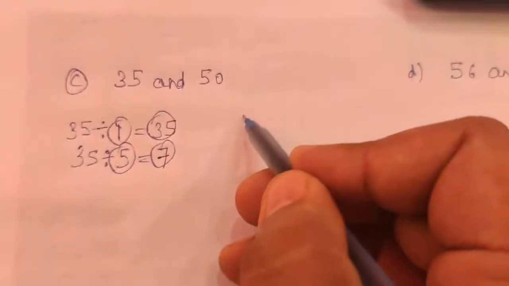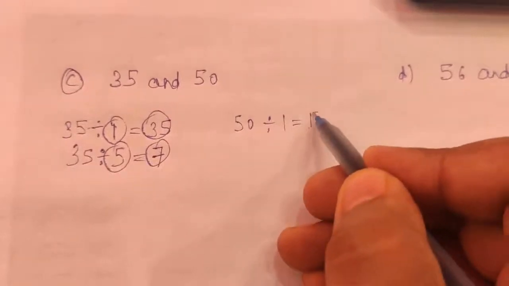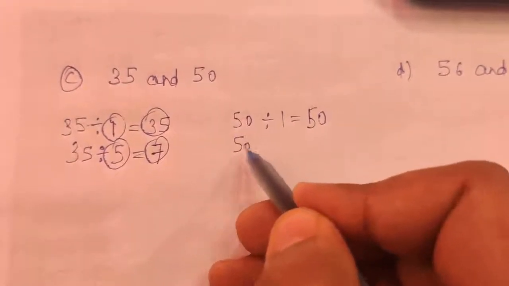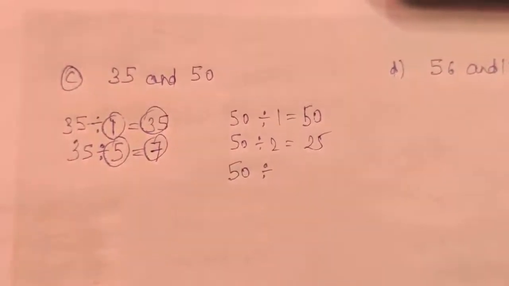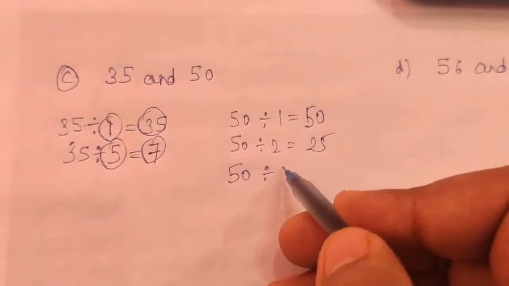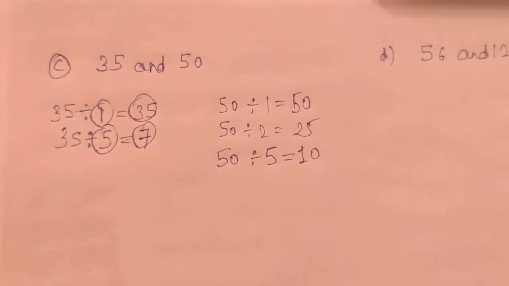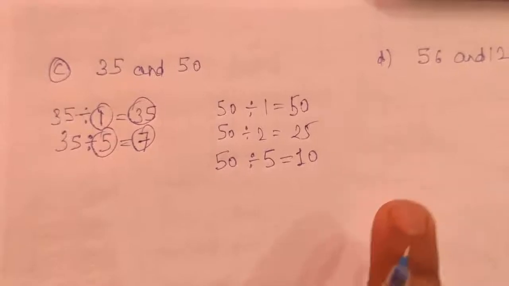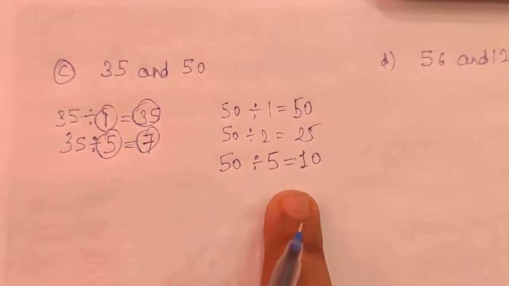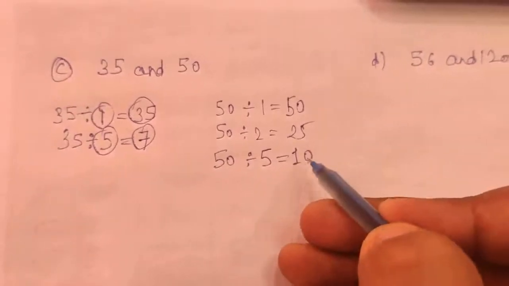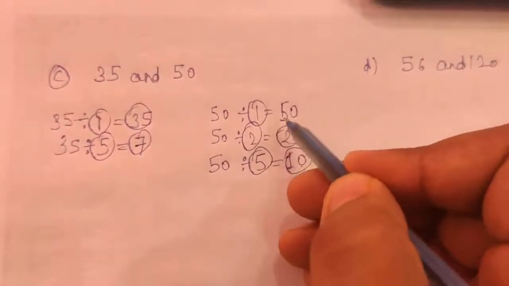Now we will find the factors of 50. First of all, divided by 1, then answer is 50. Then 50 is divisible by 2, then we get 25. Then 50 divisible by 3, it is not possible. By 4, it is not possible. So we will divide it by 5. Then it is 10. Now between 5 and 10, you can see 6. No, it is not divisible by 6. Then 7, no, it is not divisible by 7. By 8, no, it is not divisible. Then by 9, no, it is not divisible. And 10 is already there. So these are the factors 1, 2, 5, 10, 25 and 50.